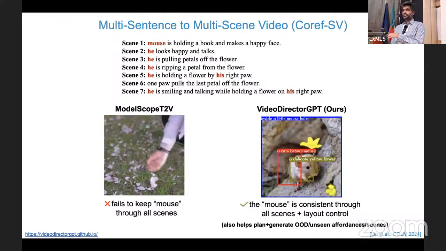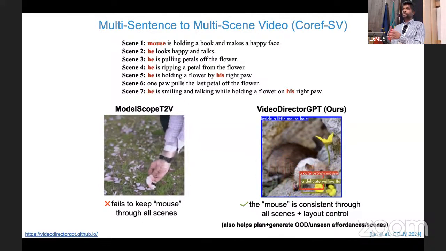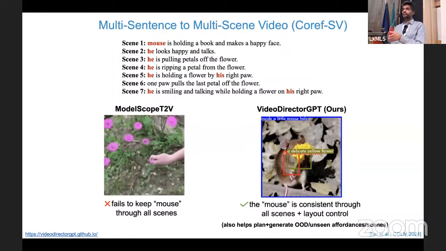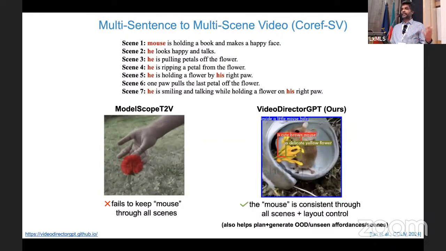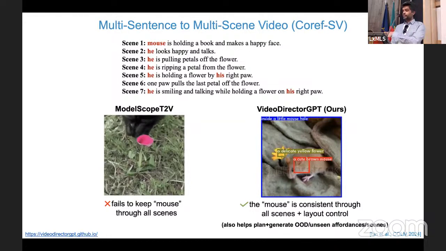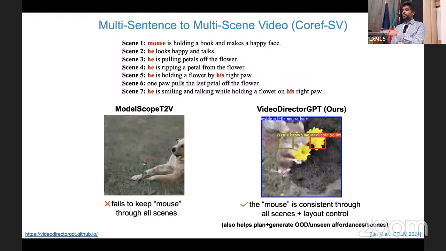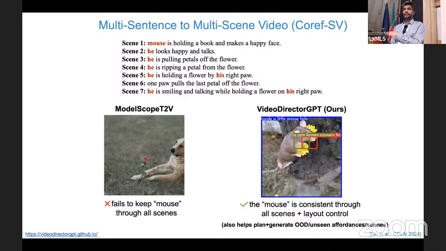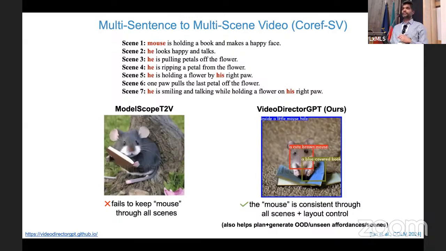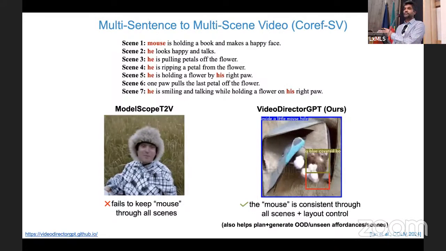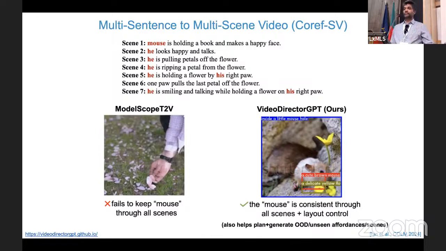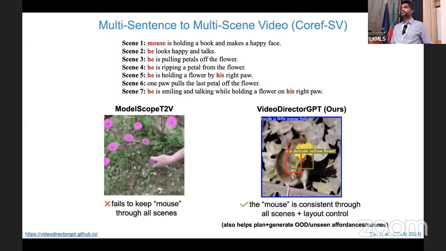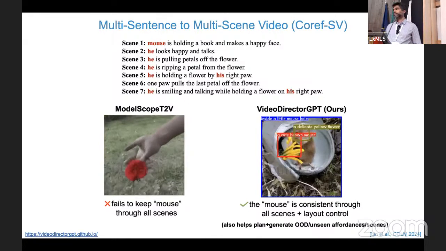I'm saying it should not just be data scale. It should be more reasoning capabilities, targeted for different reasoning categories. Actually, a lot of these examples, I did not mention this, but this video generation has not been trained on any long video generation examples. It is only trained on single scene videos. So this is all composing into long, consistent videos without having any data, because of the planning input from the LLM. Thank you.